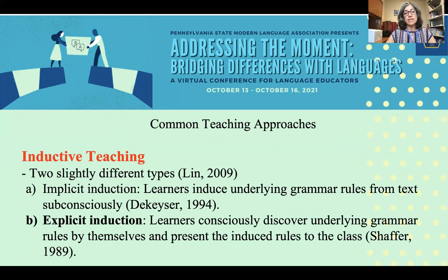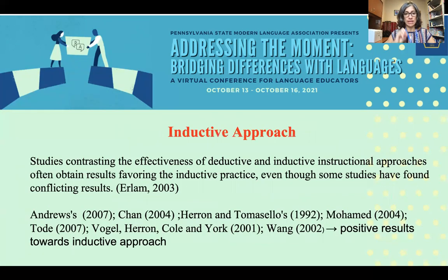We are going to use in this study explicit induction. So the learners consciously discover the rules, and then they have to figure out an explanation to share it with the rest of the class. The inductive approach. Studies contrasting the effectiveness of the deductive and inductive often obtain results favoring the inductive practice, even